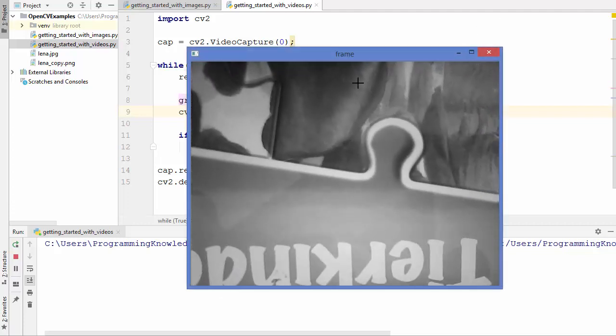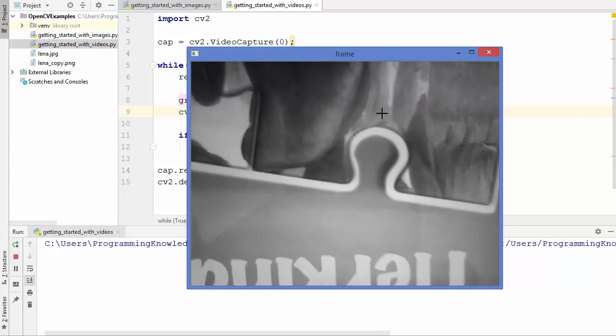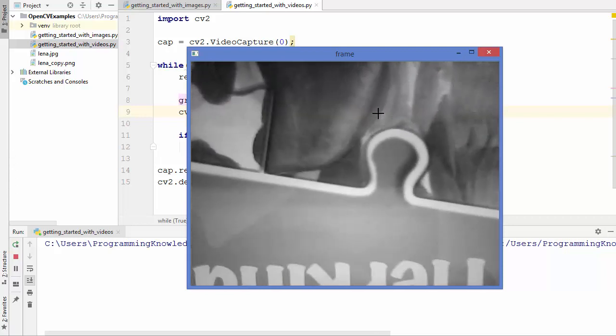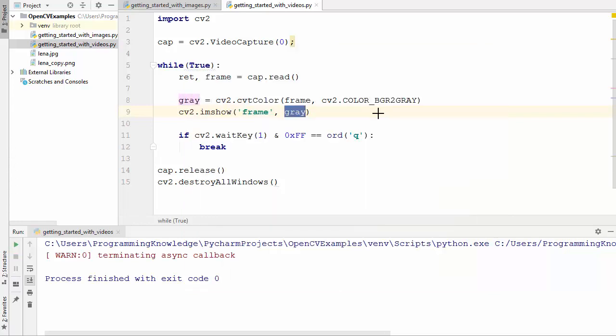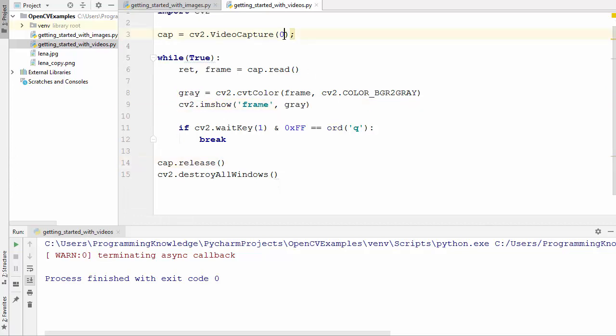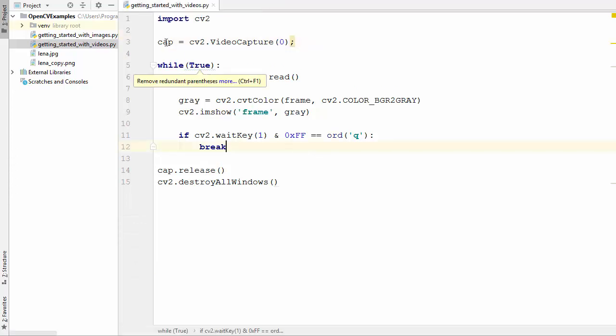And now you can see the video captured is in grayscale, and as soon as I press Q, it's going to release all the captured resources and then destroy all windows. Now, as I said, if you want to display the image from a video file, you just need to give the name of the video file, for example name, and then the extension, which is, let's say, AVI or MP4 or any other format. Now using this cap instance, you can read a few properties about the video which is captured,